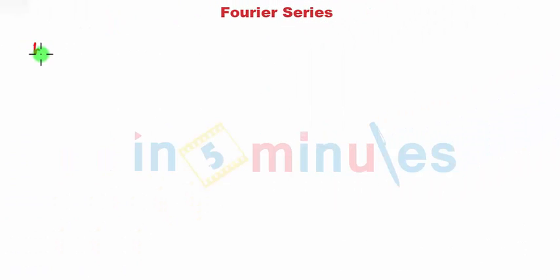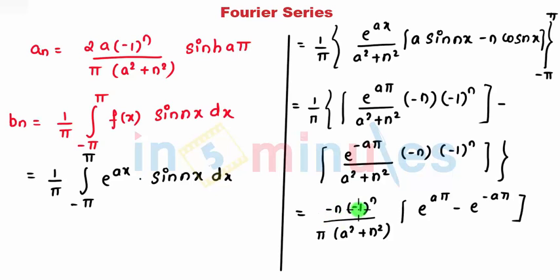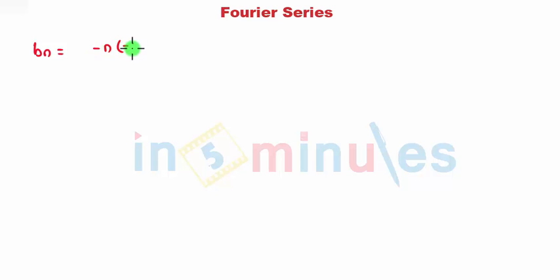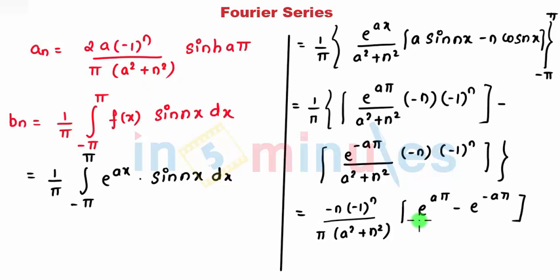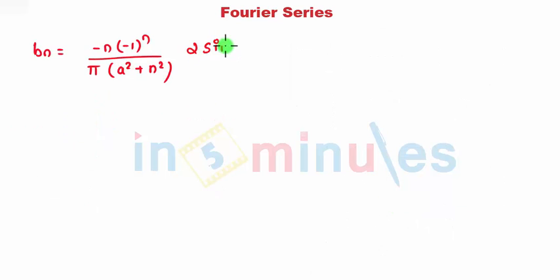I can write my bn as, you can see here, I got minus n (-1)^n divided by π into a² + n², e^(aπ) - e^(-aπ). If we divide it by 2, you get 2 sinh. We can write now as 2 sinh(aπ). So finally I got